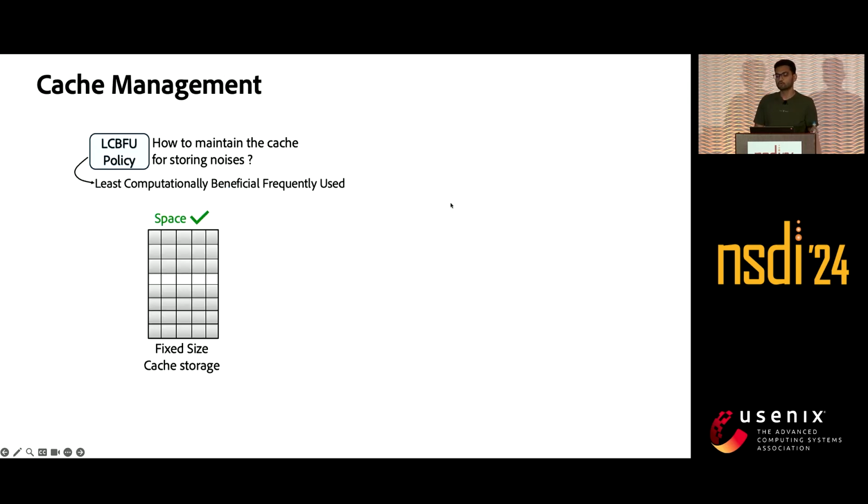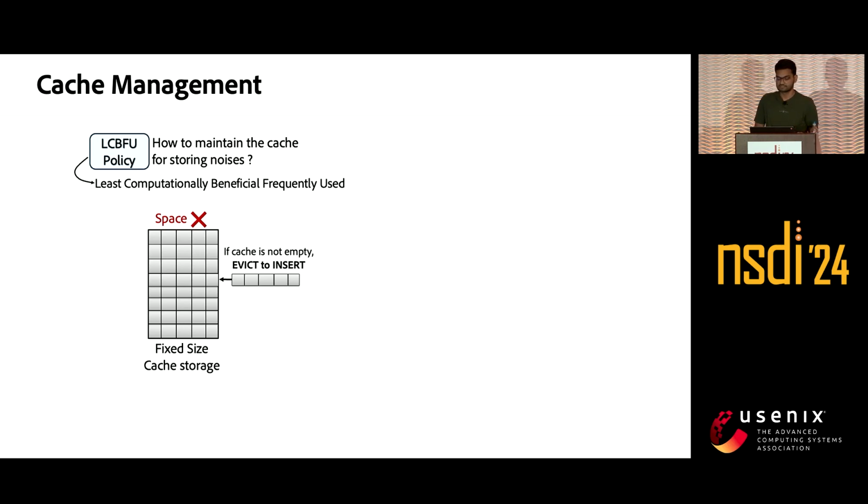Next, since we need to store the intermediate noises as cache, we need to manage the storage for this cache. So whenever a new prompt comes which cannot find any match, we simply extract all the intermediate states during the generation and insert it into the cache, if there is enough space in the storage. However, when the storage gets full, we need a policy to decide which items should be evicted